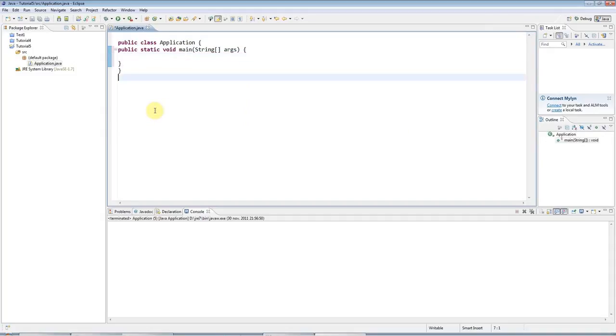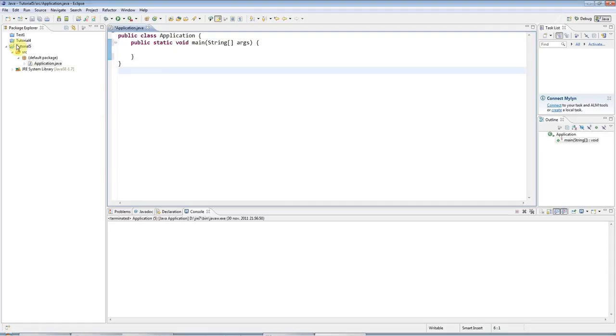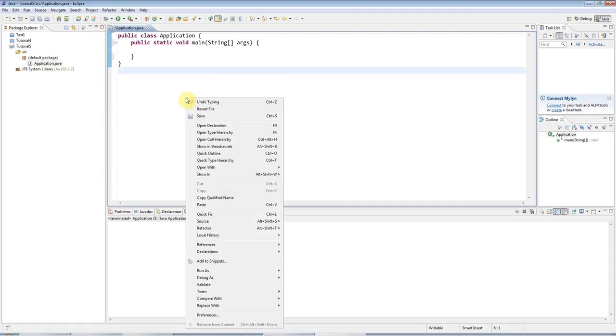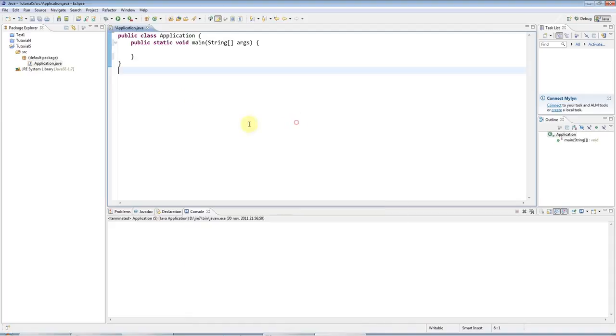And I didn't really explain this properly last time, but if you've got badly formatted code like this, if you just press Control, Shift and F, that will automatically format your code for you. Or if you forget the shortcut, you can also just right click and go to Source and go to Format. Okay, so this is a runnable application, and I'm going to type here the keyword for,